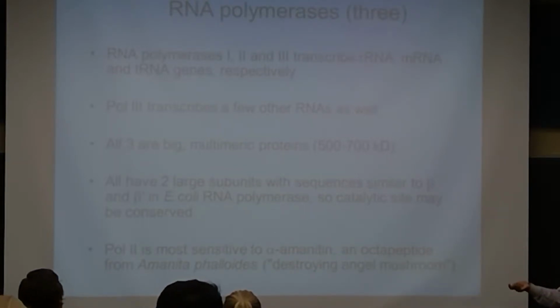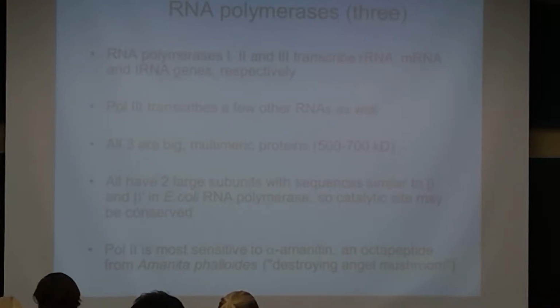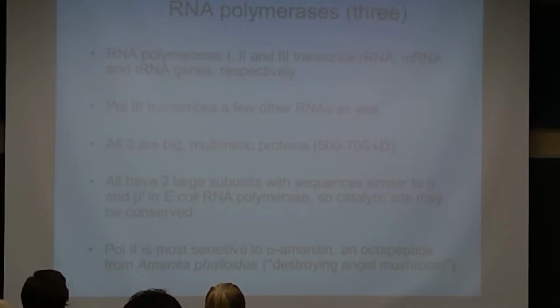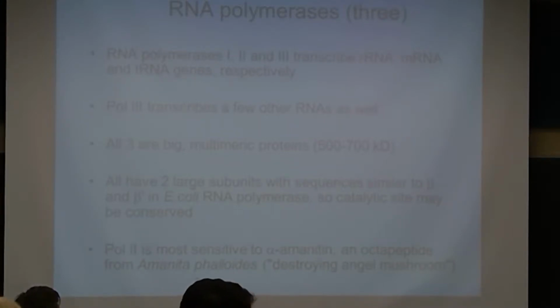It's an octapeptide, and the mechanism of action of this poison is that it binds to RNA polymerase 2 and inhibits it. So as soon as we consume this alpha-amanitin-containing poisonous mushroom, it inhibits transcription and people start vomiting and all kinds of stuff. People die. These days fewer, because they go to the hospital immediately, but in earlier days some people used to die. Since I learned that alpha-amanitin is the one, these days I don't buy those big mushrooms